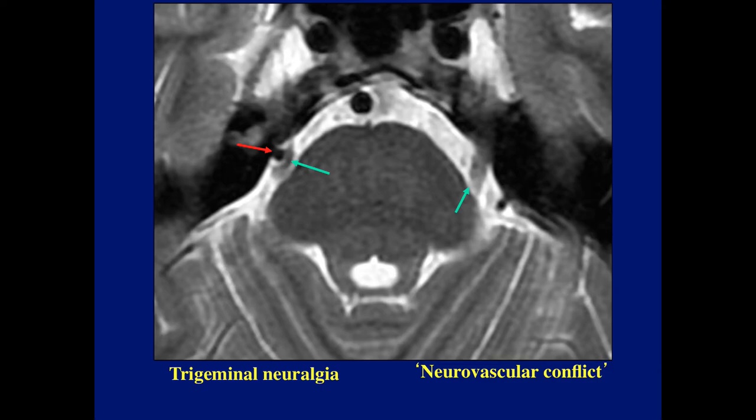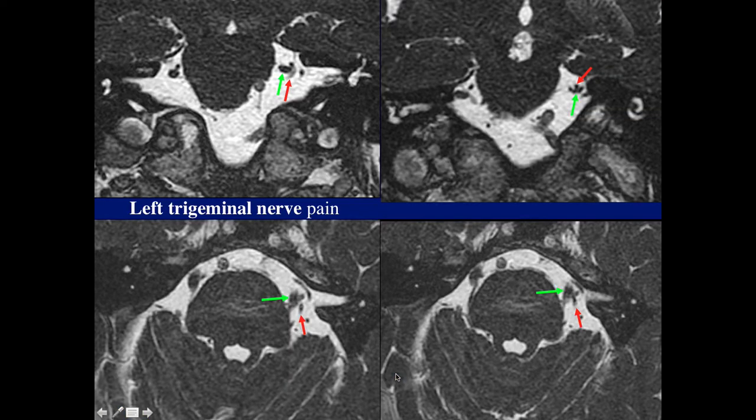Now, when I was talking about the trigeminal nerve, I talked about patients with trigeminal neuralgia due to the vascular conflict. We can see here the right trigeminal nerve deformed by an artery. And this has also been described as neurovascular conflict. And remember, I stress how important it is to have thin T2s both in the coronal and the axial plane